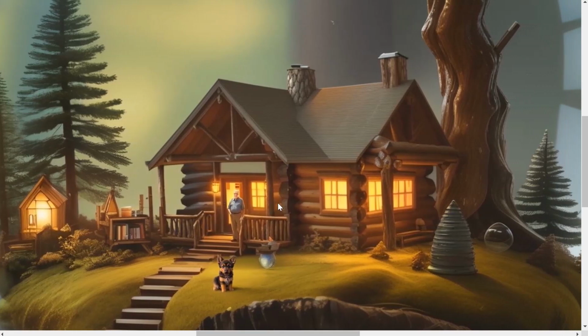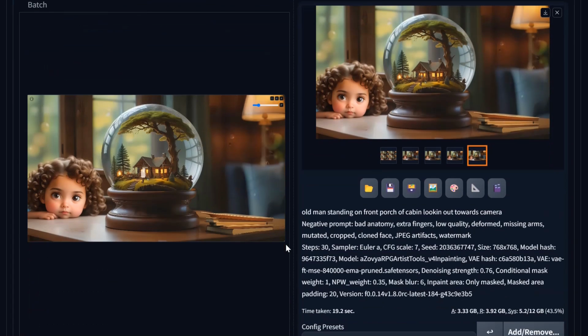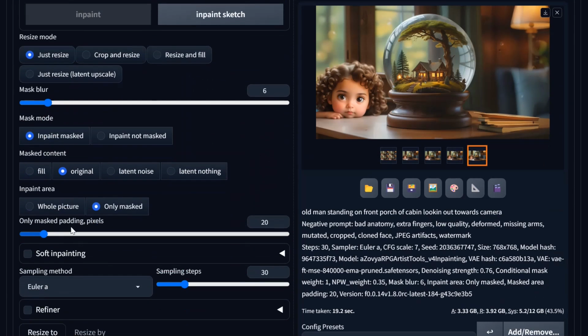There's a lot of things you can do. This technique can be used on everything in this little image. Like if you want to make this look like, say, a pile of wood, or maybe a small shack, or a dog house for the dog, just InPaint it. Just mask it out. And remember that the big thing that really helps with this is the only masked padding